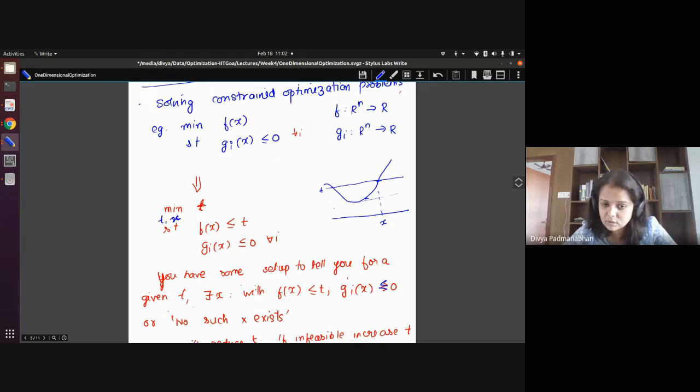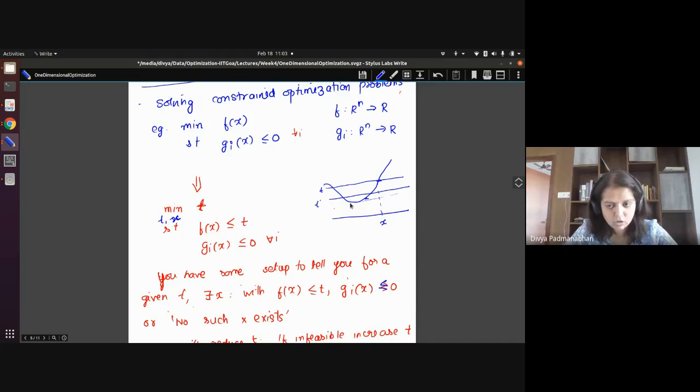First time you say that there is some x which is feasible. So it means something like this: there is some x for which f(x) is less than or equal to t. So what you can do is you try with some lower value of t. This is the next t you can take. Now again you call this black box. If you found that there's again some such x, again you try to lower the value of t.